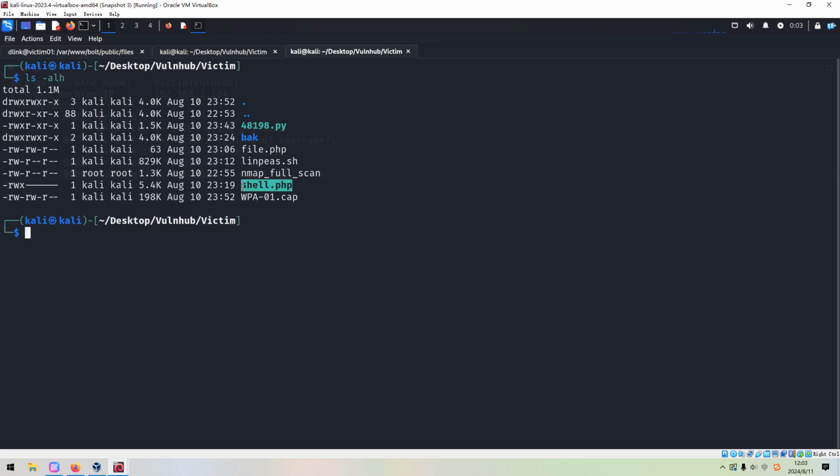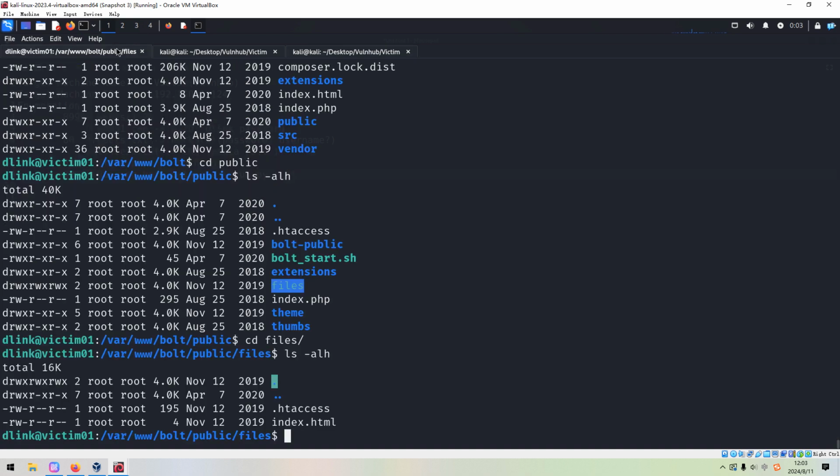And this one, the PHP reverse shell file, which you can get from the Pentest Monkey website or other websites. And next we can duplicate, because this files directory, everyone has access and full permissions, I mean. So we can use duplicate to upload shell.php.